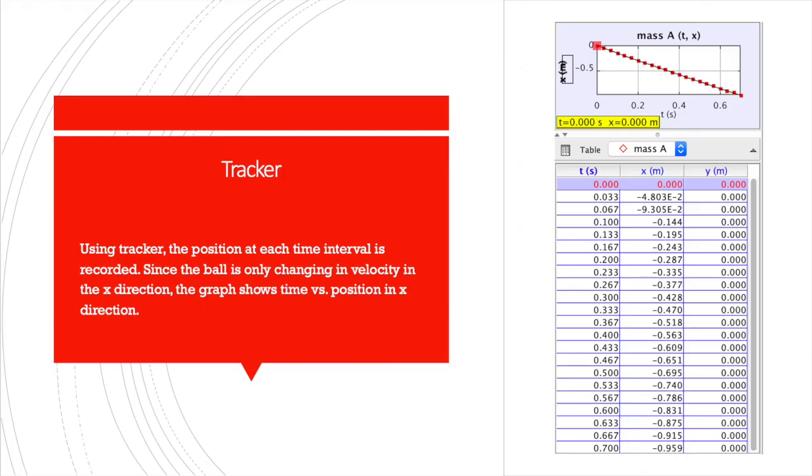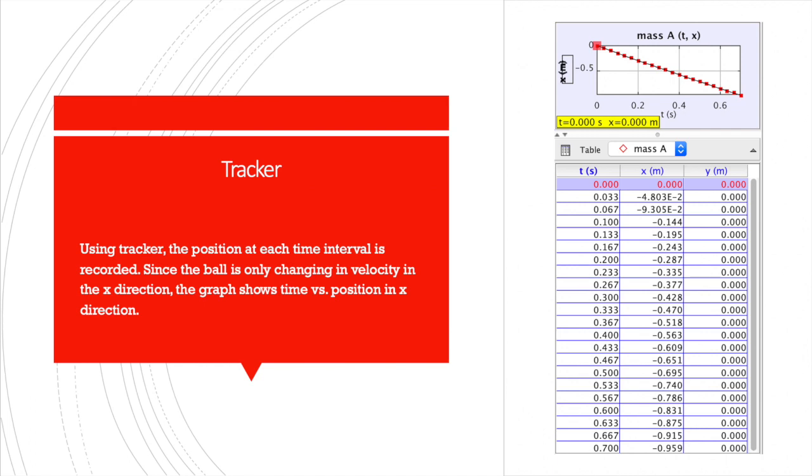Here we are looking at our data in Tracker. At each frame, it would pause and I recorded the position of the water bottle, so we are just looking at the change in the x position. As you can see, the initial position was 0, and then as time progresses, the position decreases, or goes to the left. You can also see at the top right graph that as time increases, position decreases at a pretty constant rate. So change in position at each time step is the same,